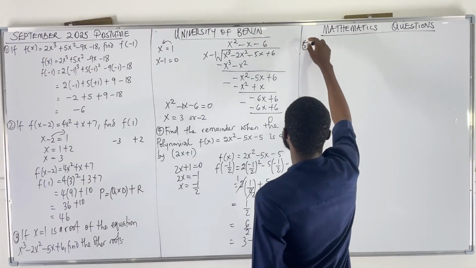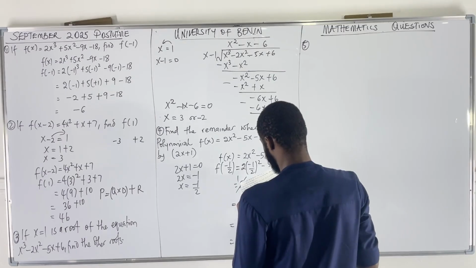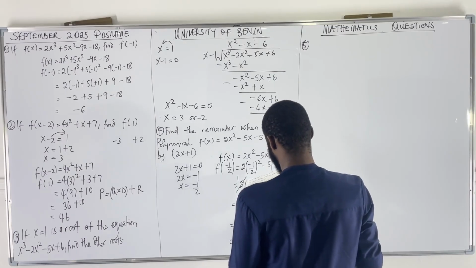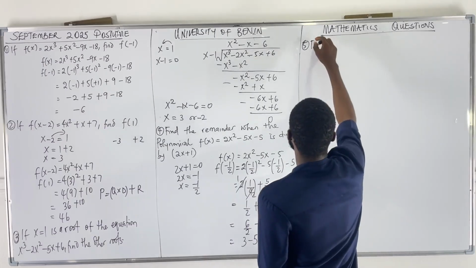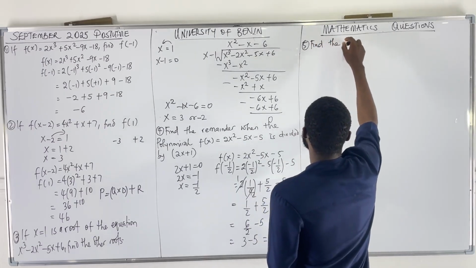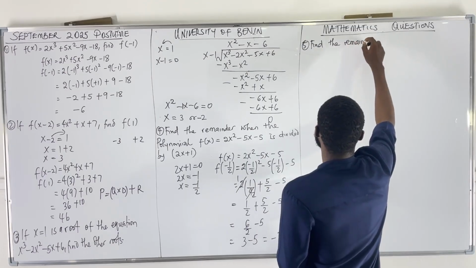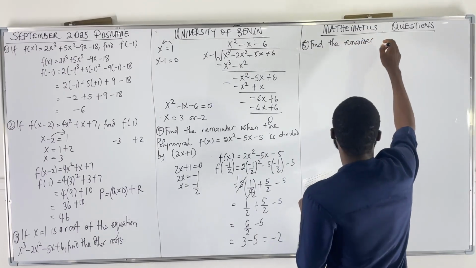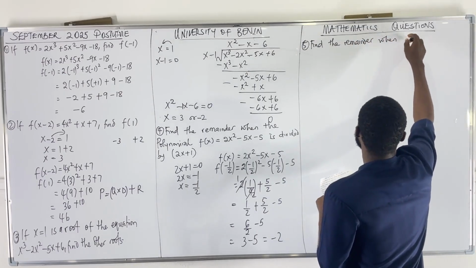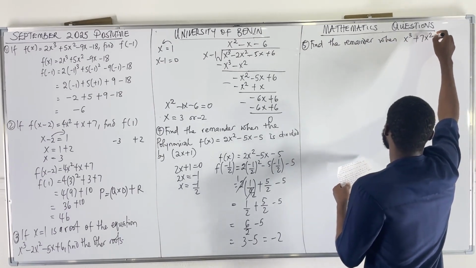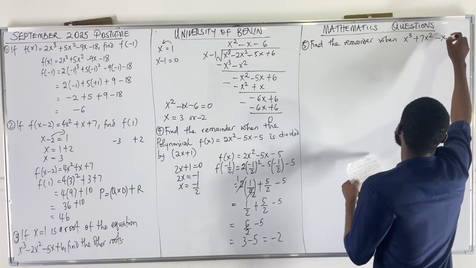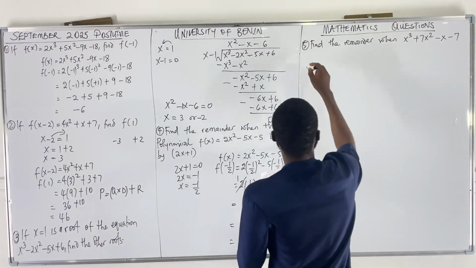Now, number 5. Let's see what that has for us. Okay. Oh, where's this question? Okay. Find the remainder when s cubed plus 7s squared minus x minus 7 is